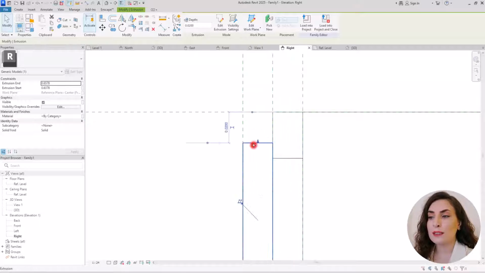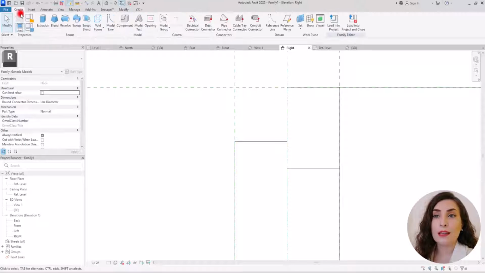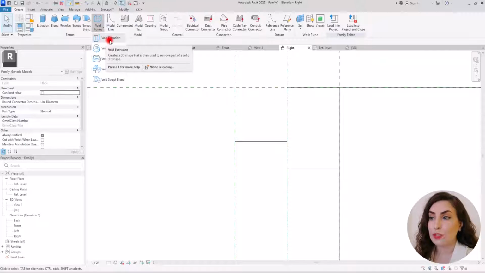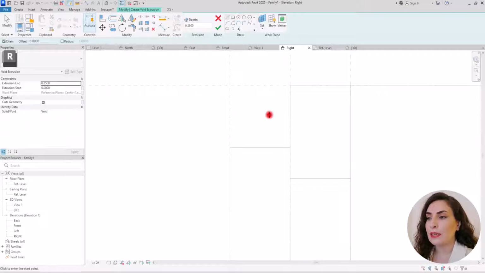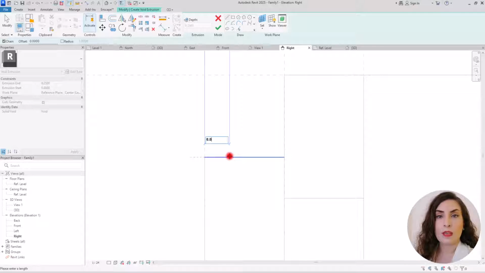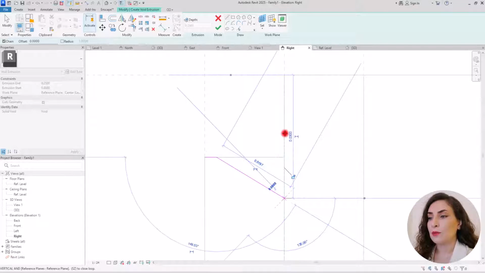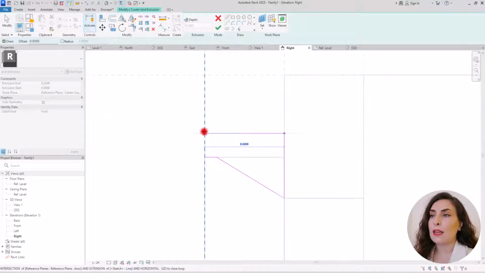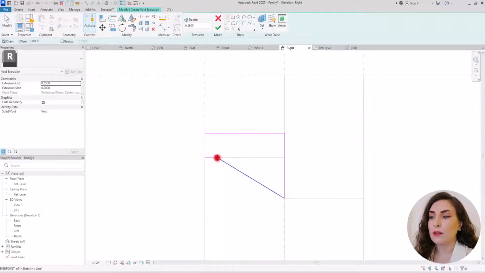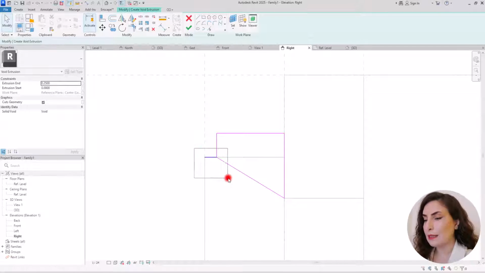So we are going to create some extrusion in this part, the void extrusion, and we are going to cut this part and we will use it as a handle. So for that you just need to go to create and use a void extrusion. I'm going to create it in this part. So from this point exactly I'm going to create a 3 millimeter offset like this to here and to this part and then to here, and then just simply close it like this, trim this part and then delete this